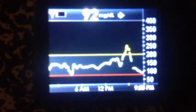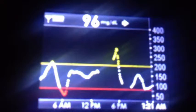This is another protein-only day, and we see one blip there at the end where I probably had some carbohydrates and then took some insulin, and it leveled off nicely. Alright, now we see some more